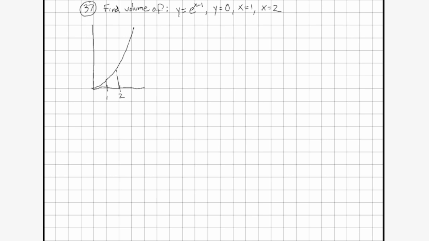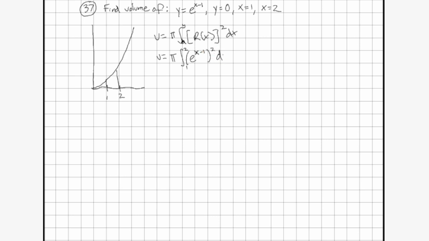And so, in order to solve this, I need to use the disk method, and the disk method states that V equals pi times the integral of R(x) squared dx. And R(x) in this case is just e to the power of x minus 1. So, volume equals pi times the integral from a to b. Oops, b minus a right there. Okay. e to the x minus 1